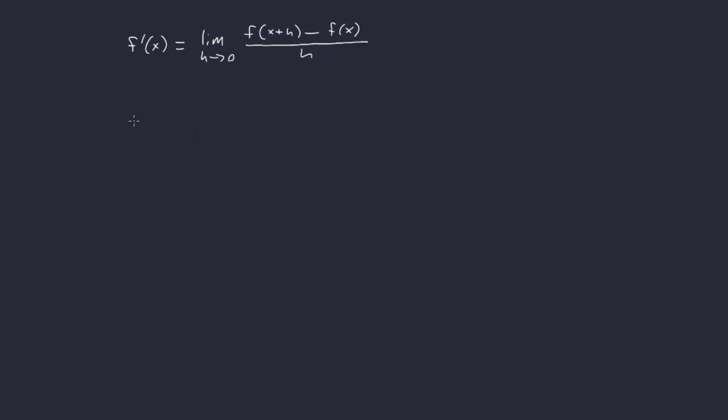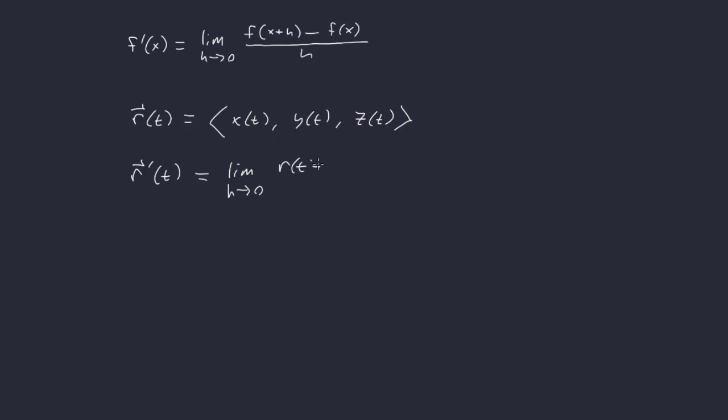So if we have a vector valued function, let's say r of t equals x of t, y of t, and z of t, its derivative is just going to be the limit as h goes to 0 of r of t plus h minus r of t, this is the vector,